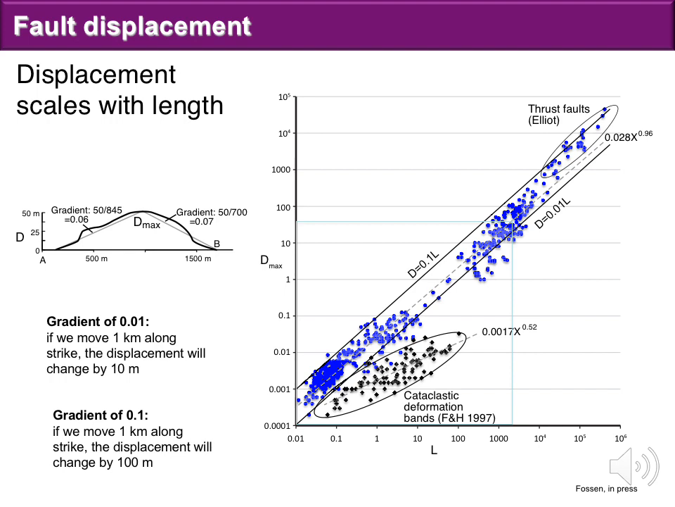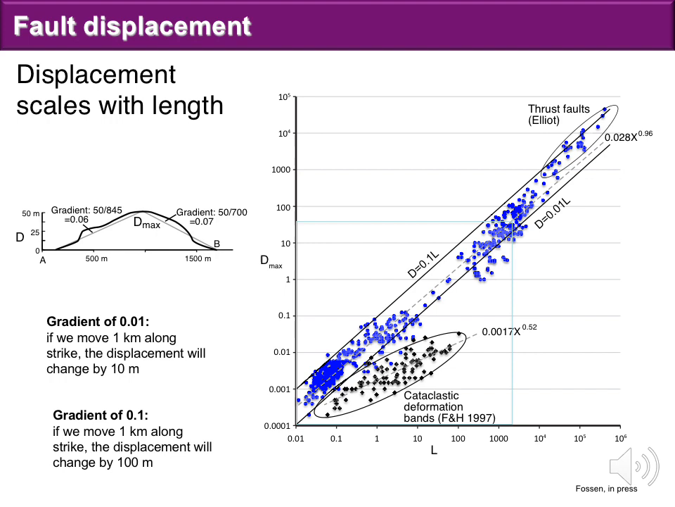Irrespective of the size of the fault, this ratio between the two is more or less constant, which is illustrated in this graph here. Length along the horizontal axis and the maximum displacement along the vertical axis. And you can see that there is a nice relationship between the two. So if you know one of them, you can calculate the other one, or get some idea at least about